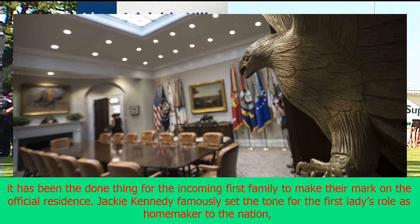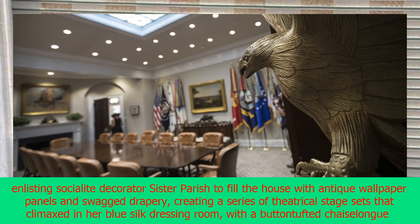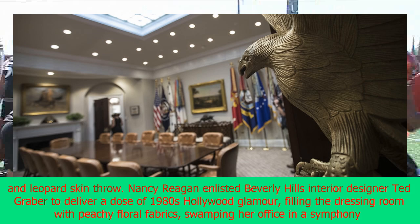Peach florals. President Ronald Reagan and his wife Nancy eat TV dinners in their White House quarters in 1981. Ever since Thomas Jefferson replaced the outdoor privy with modern flushing loos, and added rows of classical colonnades to the humble house, it has been the done thing for the incoming first family to make their mark on the official residence. Jackie Kennedy famously set the tone for the First Lady's role as homemaker to the nation, enlisting socialite decorator Sister Parrish